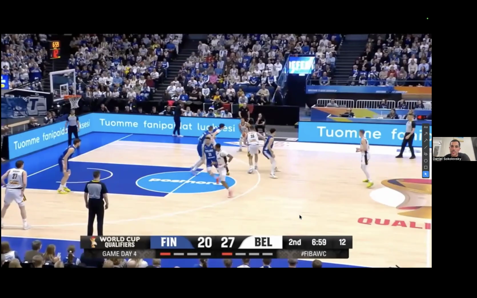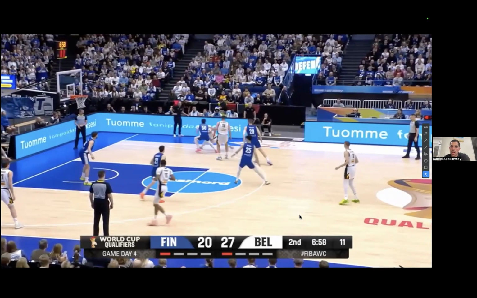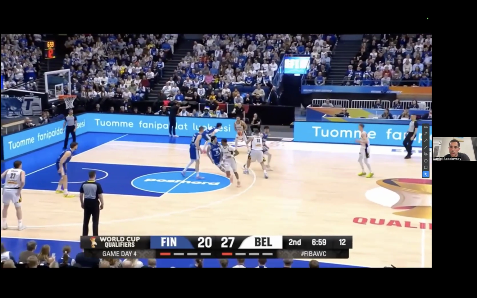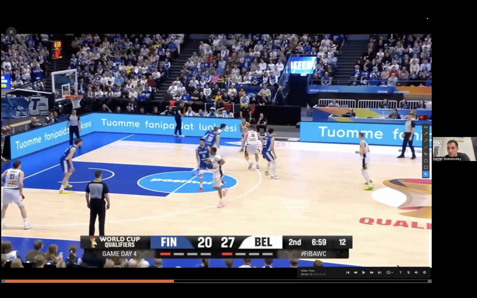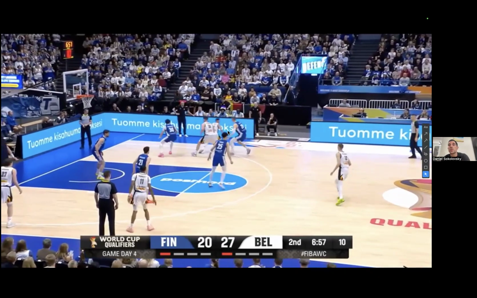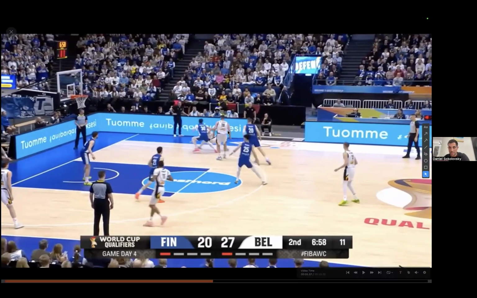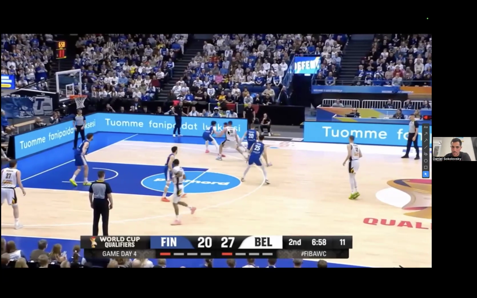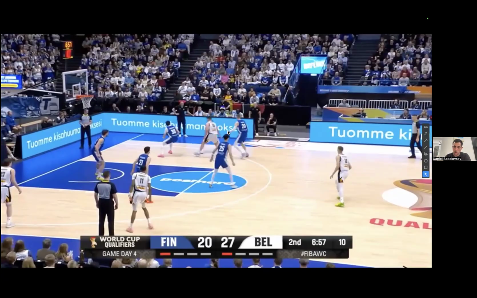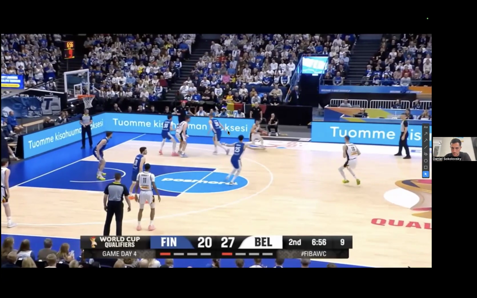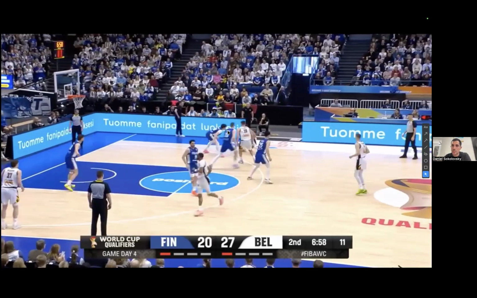So how everything fits together is, we saw this already a little bit in the Maccabi Tel Aviv clip, but he's off the body. He's got his hips open a little bit, but he's trying to make sure he doesn't get rejected. So boom, because he's making sure he doesn't get rejected, there's space between him and the ball. When the ball does attack, with some momentum, there's a little bit of a bump off. And now we get into this situation where the screen comes in,